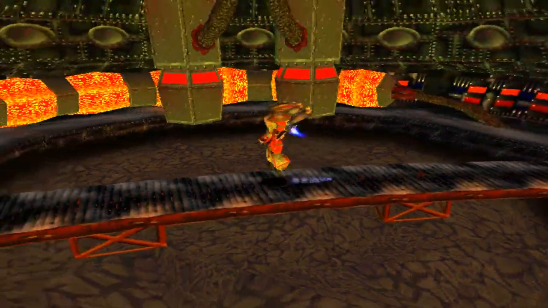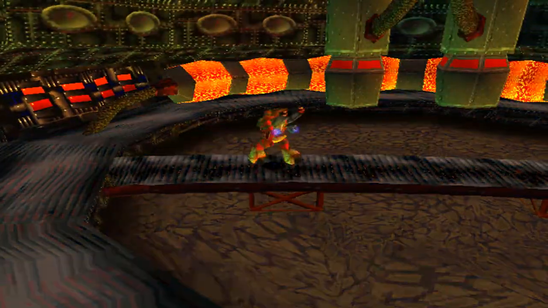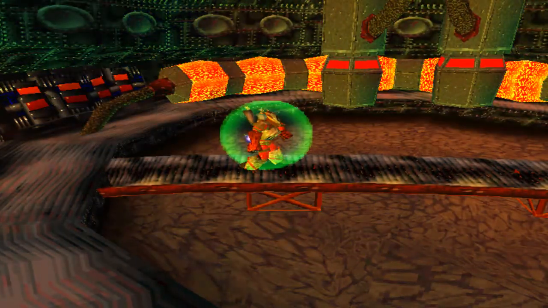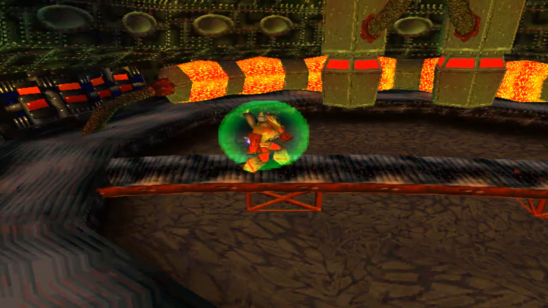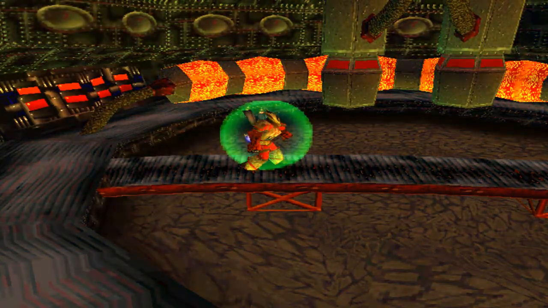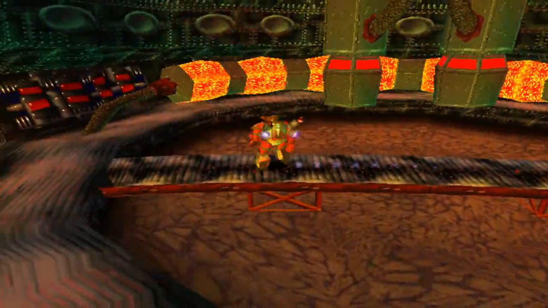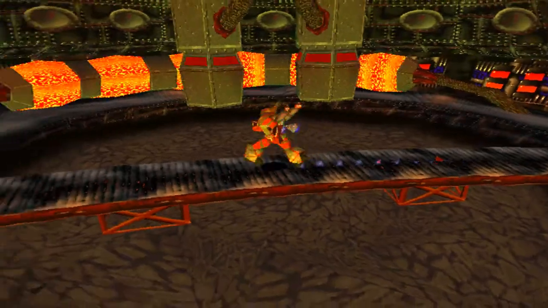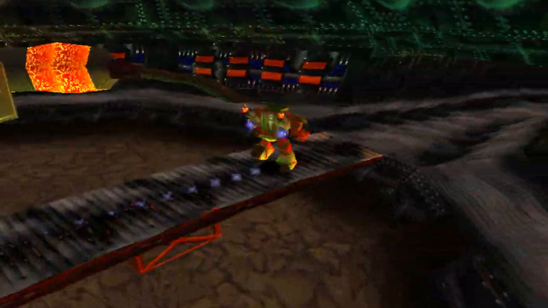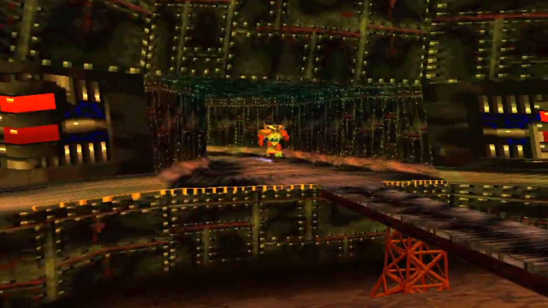So the controls are fairly basic for the robot. Square to fire the missiles, and down to use your invincibility shield. Literally, when you're holding down, you're invincible. You cannot take hits. There are a couple of problems I have with the robot though, and one of them is he is incredibly floaty. Like, look at this. I'm just kind of breezing across here. But anyway, let's not waste any time,